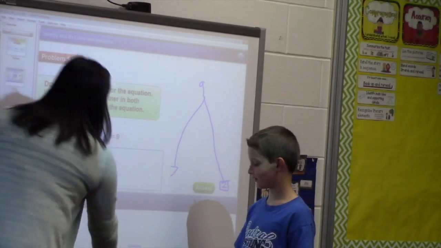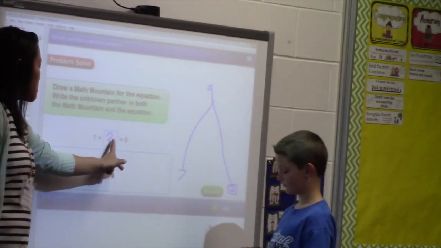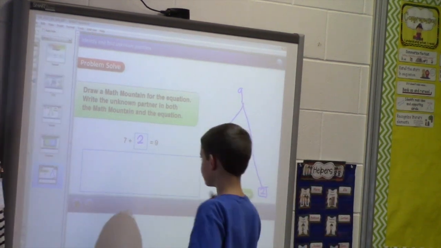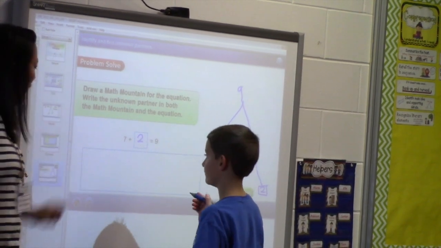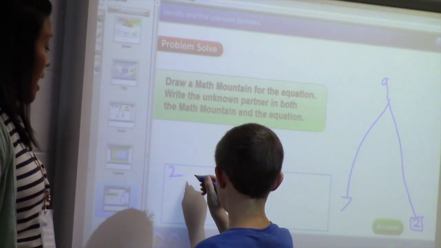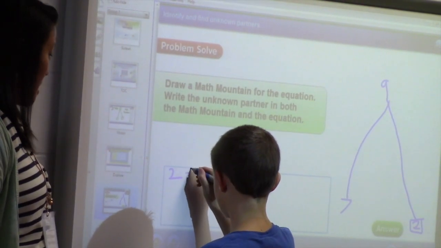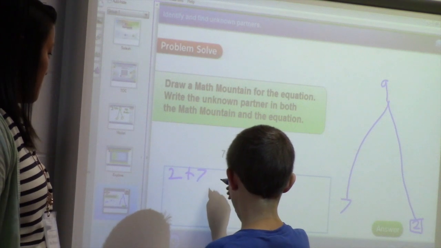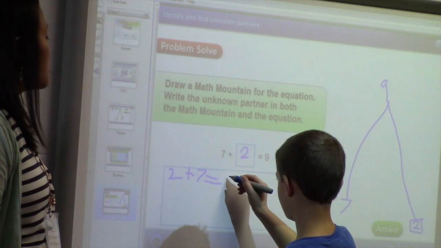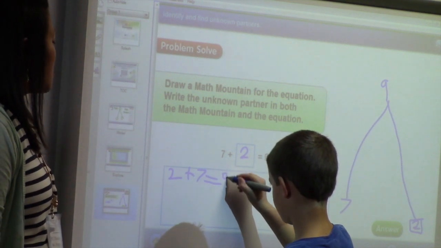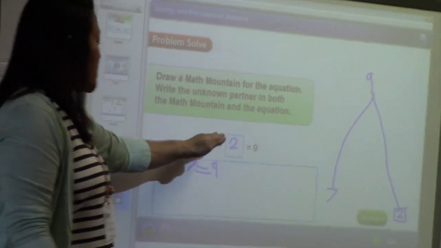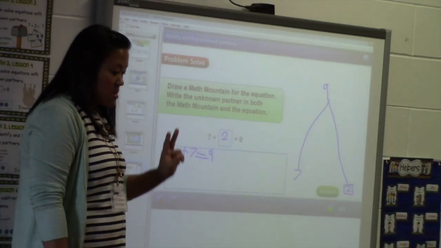Okay. That was cool. So, Caden, if I know that 7 plus 2 equals 9, then I know what if I flipped my partners? What would it say? Right in the box. That's perfect. I know that 2 plus 7 equals 9. Very good. So if I have my 2 addition problems, I'm missing 2